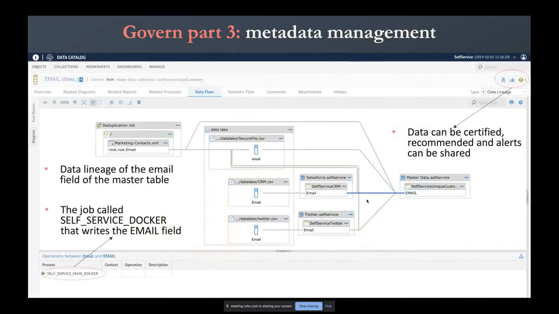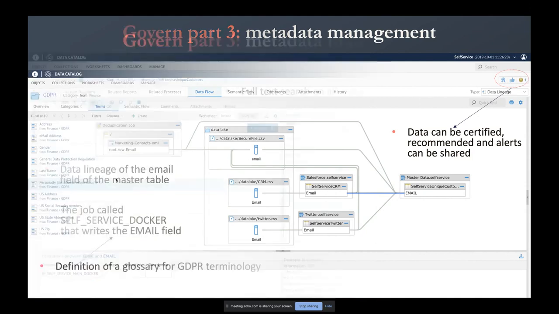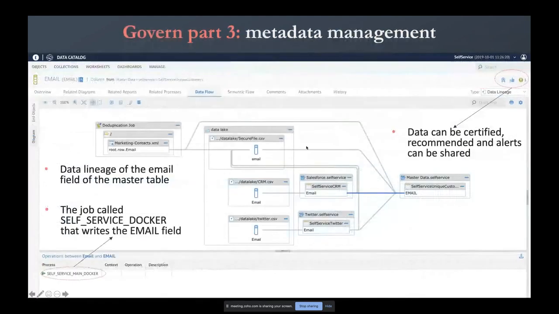The second part, the data lineage. Here, for example, what we want to understand is where the email field that is part of our master table is coming from, and who is transforming it and how. Also here, just selecting the field and pressing data flow, we have the complete data lineage